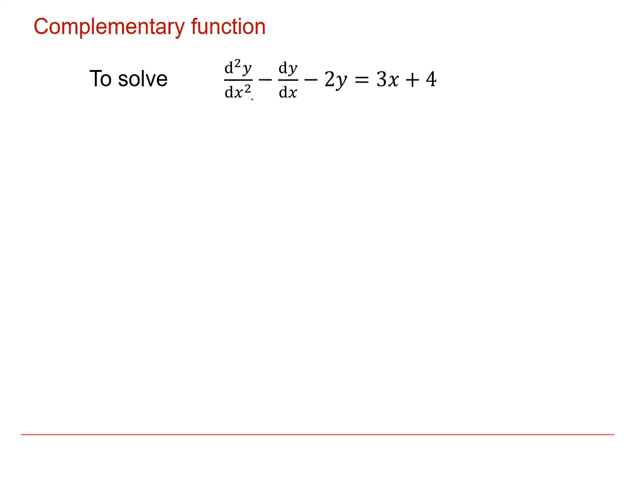So if we want to solve this differential equation, we start out by forming the homogeneous version of it, so we just put it equal to 0. So this thing minus 2y is equal to naught. We then look at the auxiliary equation for that,